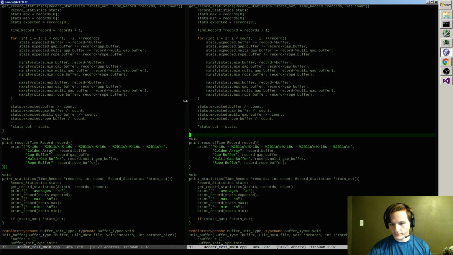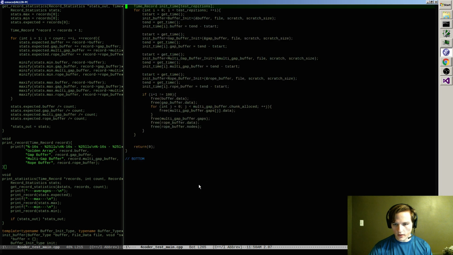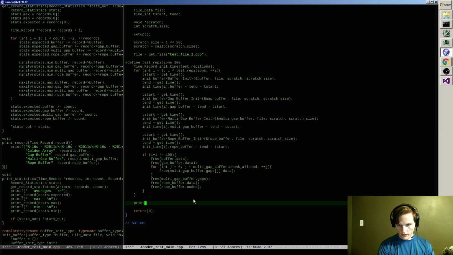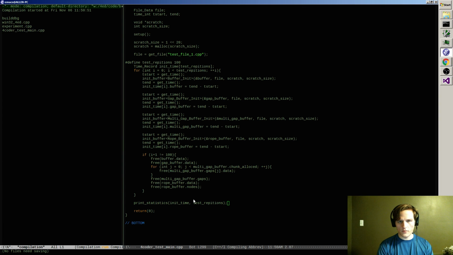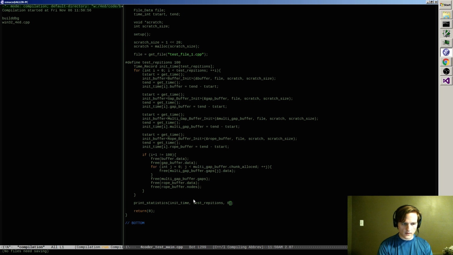Okay. So that's good. Let me pop down here and print statistics init time test repetitions. Oh, that's not going to compile. I forgot, we don't have a default parameter for that, so I got to put the 0 in still. Cool.